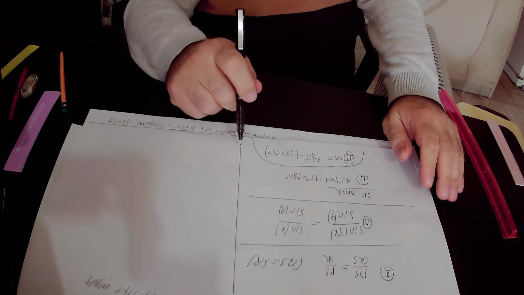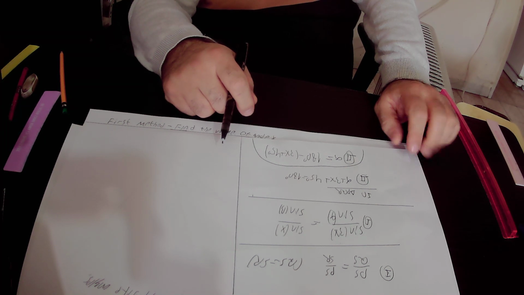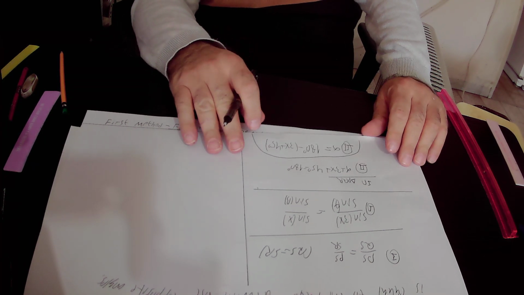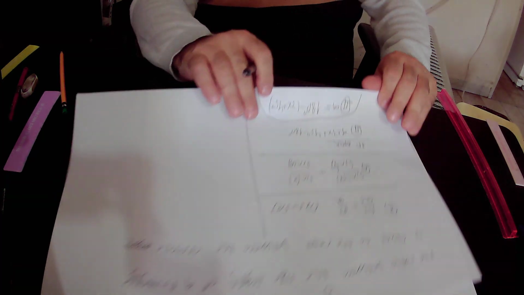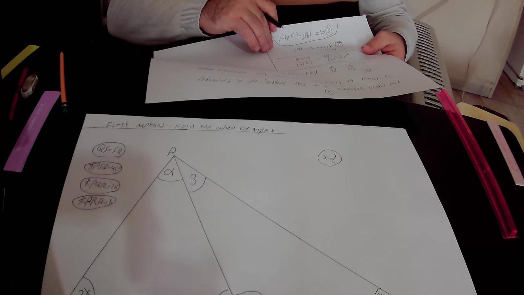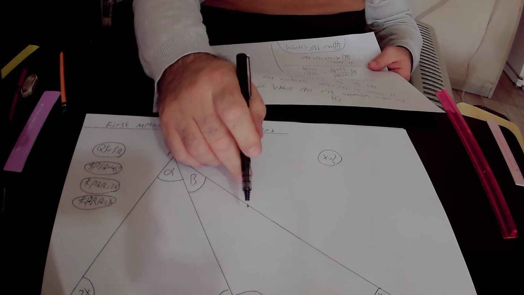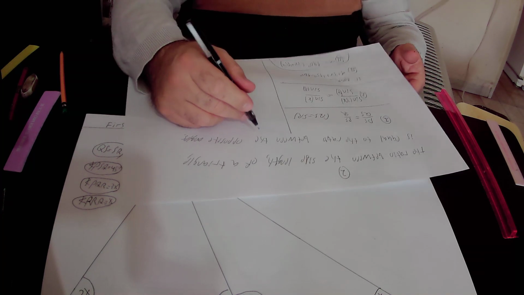So we actually express the value of angle alpha in terms of x. In the next step, we will focus on triangle PSR, this triangle. In triangle PSR,